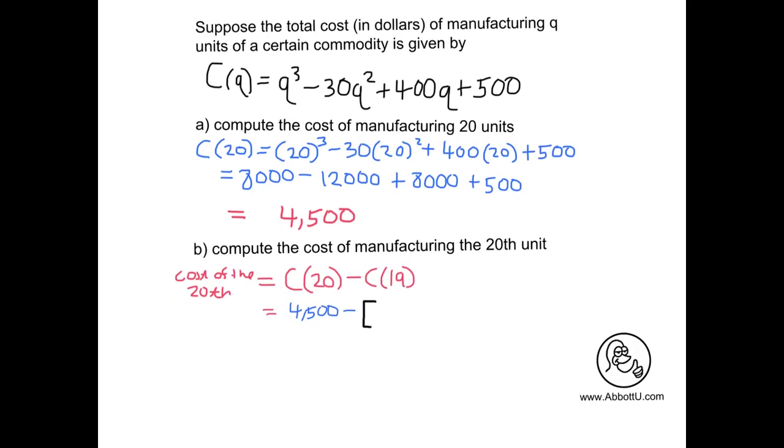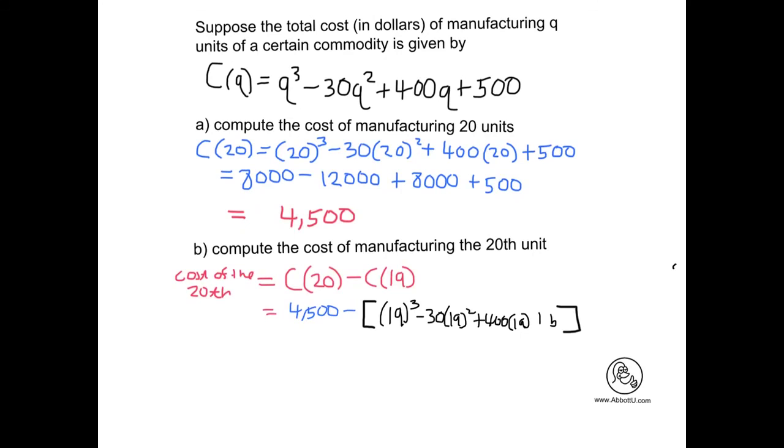I'm going to get fancy and break out some brackets. Bam. So we are looking at 19 cubed minus 30 times 19 squared plus 400 times 19 plus 500,